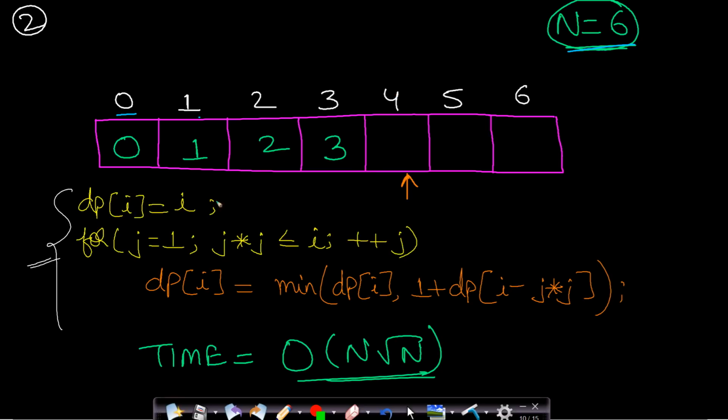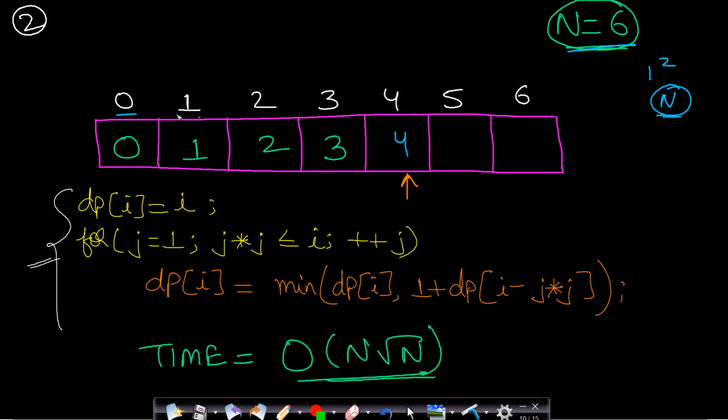Okay. So basically what I will do is, I will assign this value 4 initially, because in the worst case, any number can be divided into chunks of 1 square, as I have already explained. So if you divide a number in chunks of 1 square, then how many chunks will be formed? There will be n chunks. So for this n value 4, the answer will be 4 initially, because this is the maximum possible answer. Now you want to minimize it. So how do we minimize it actually?